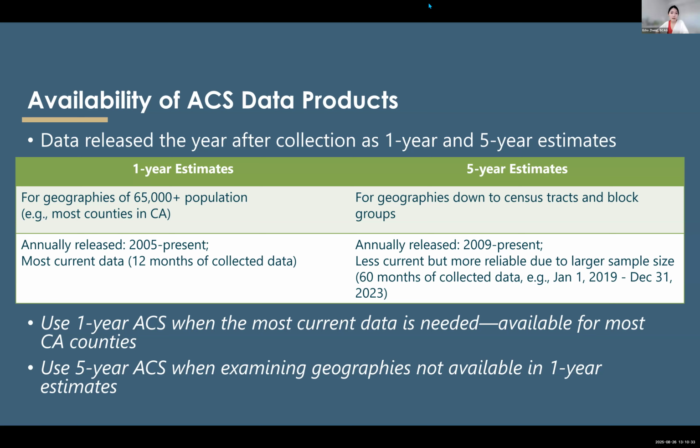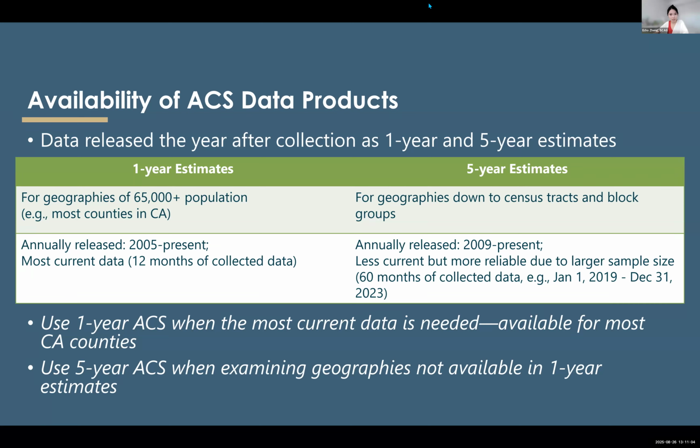The 5-year ACS are called 5-year ACS, but they are also released annually. So when the data is released, it reflects the condition for the past 60 months. For example, right now, the latest 5-year ACS we have is the 2023 5-year, and that reflects the data collected from January 2019 to December 2023.